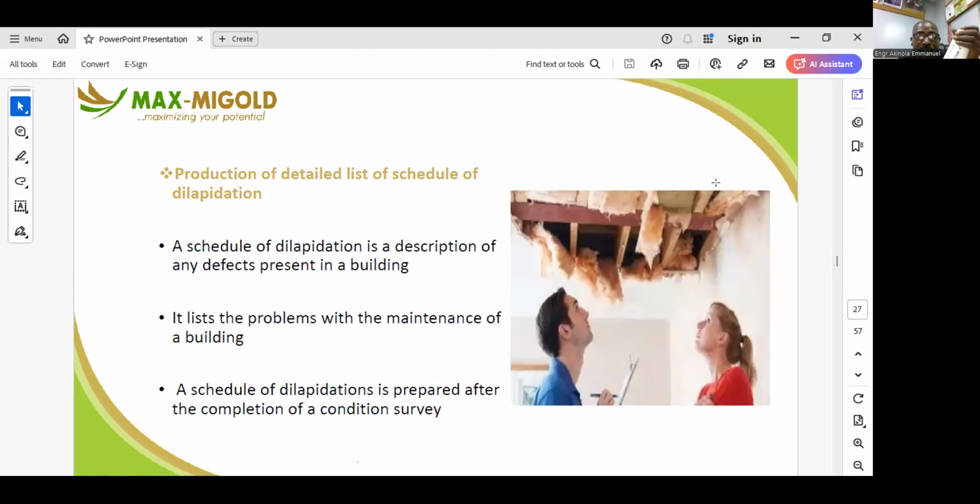Production of a detailed list or schedule of dilapidation. This mostly occurs in a system where you provide an apartment for lease, where somebody comes to lease your property for a certain period of time. The schedule of dilapidation is where you do an assessment to know the structure of the building. Where are the walls? What type of tiles was used? What type of lighting fittings are used? The reason you do this is that the lessee may need to remodify the lettable area